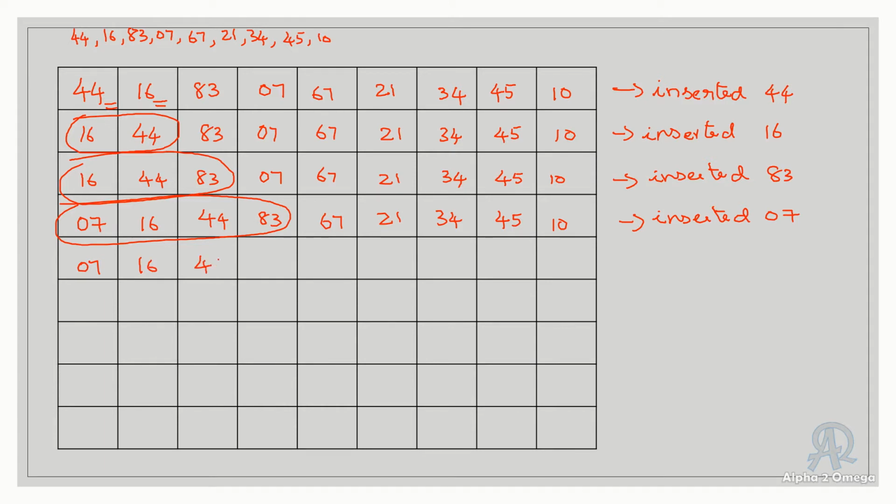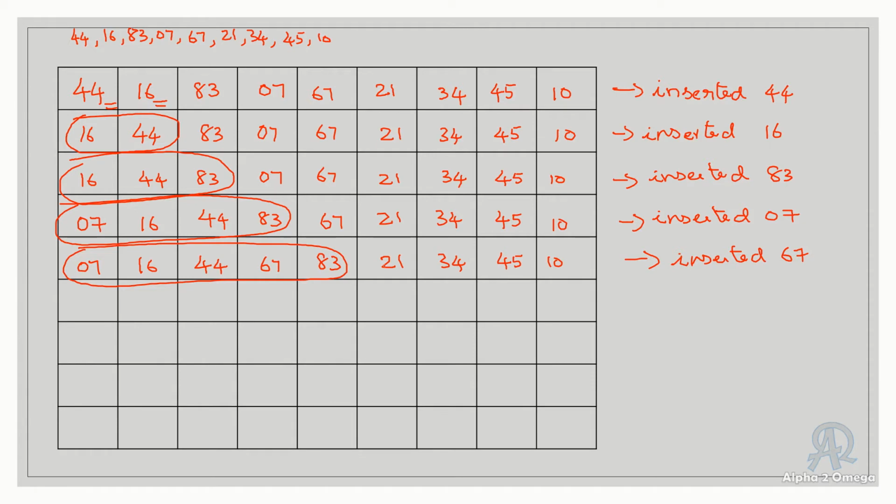Okay, so 44 will be as it is. So it should be between, isn't it? So it has to come at this place. Then what happens? 67 will be inserted here, 83 will be moved here. Okay, 21, 34, and then the remaining will stay as they are. So now here what is inserted? 67 is inserted. Okay, right? So now it is sorted up to here.